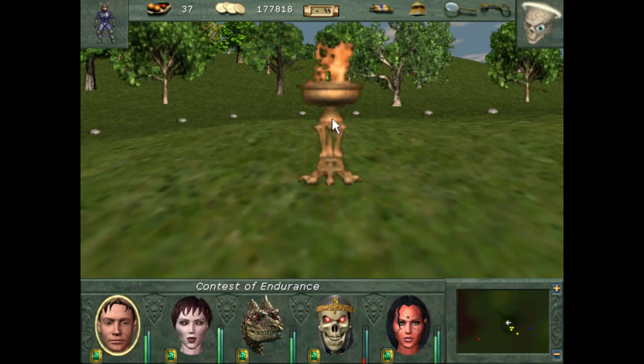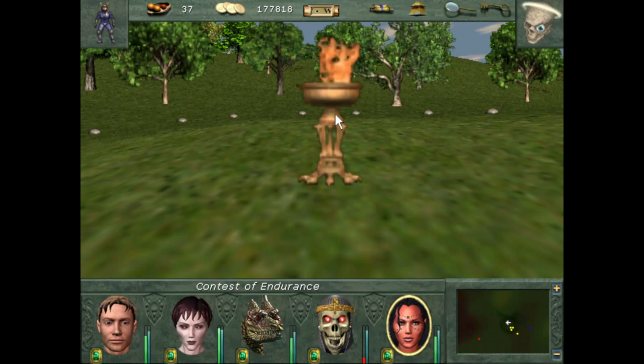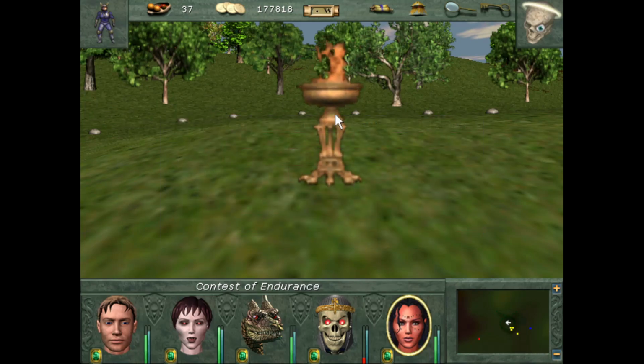Let's finally get our +5 skill points apiece. And let me mark down on my piece of paper, and you should be seeing on the screen right now, that we have done the final contest. We just did the contest of endurance, and that means all of the contests are done. That means...